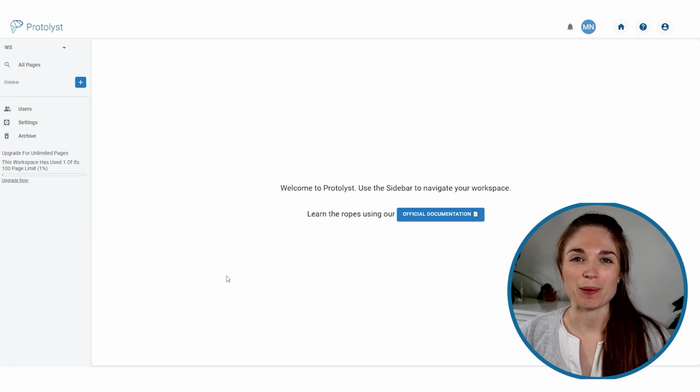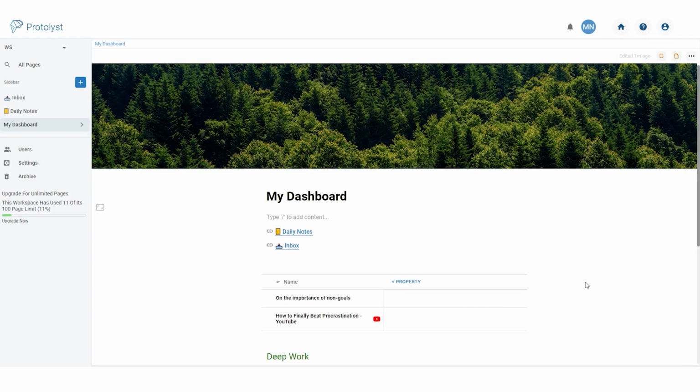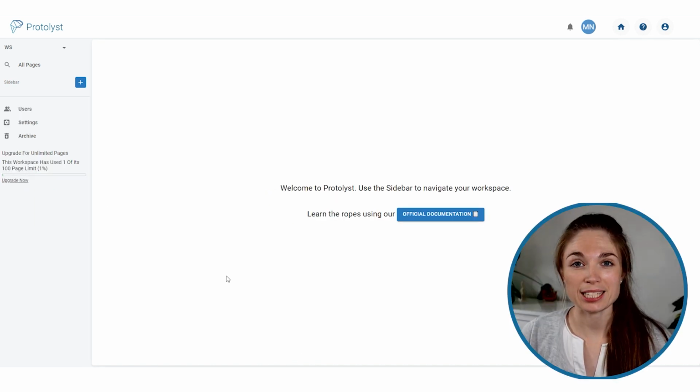So today we're going to talk about building dashboards on Protolyst so that wherever different bits of information might be in different pages across your workspace, you can have a look at them all in one place. So we'll build something that looks a little bit like this dashboard here. I'll show you how to add direct links to particular pages in your workspace, as well as how to embed